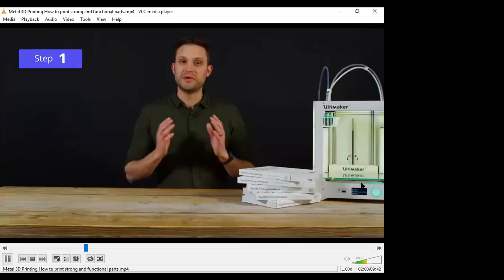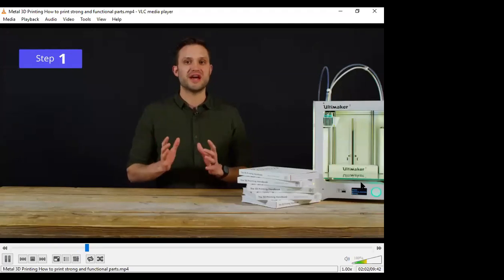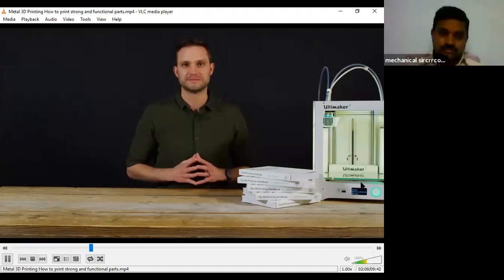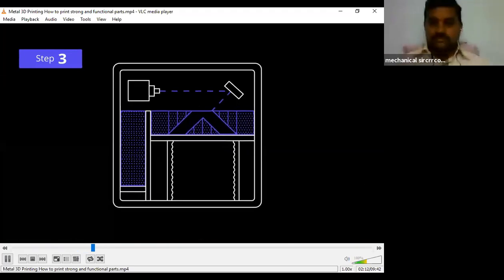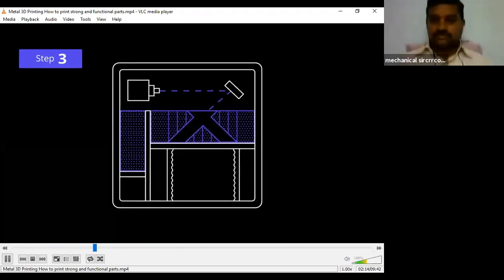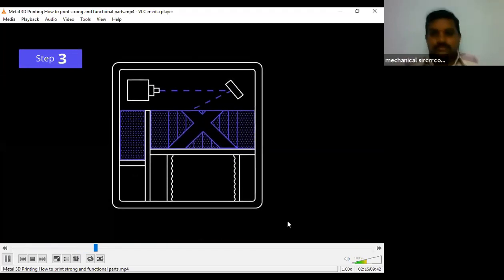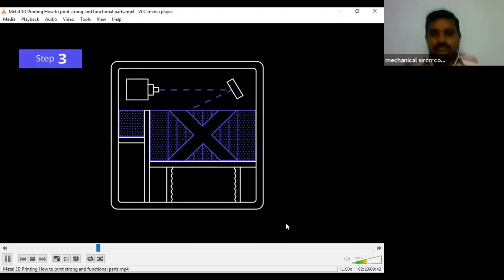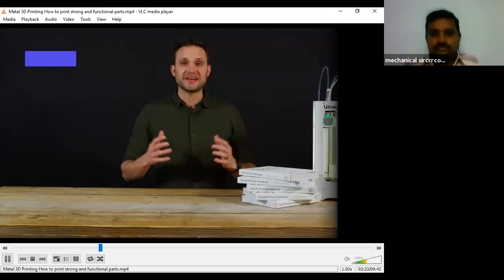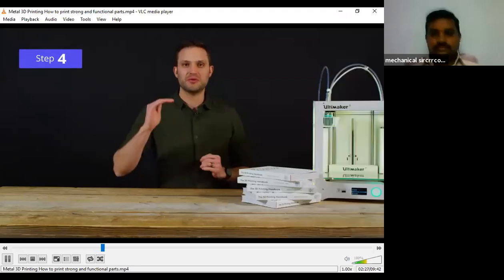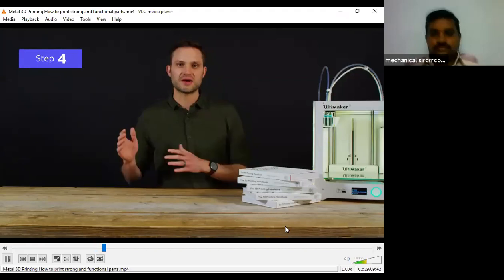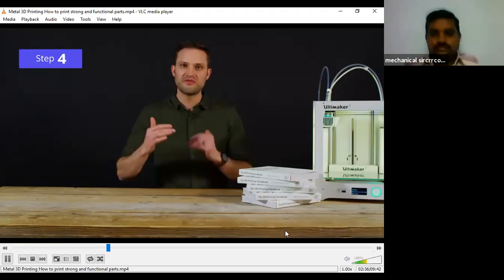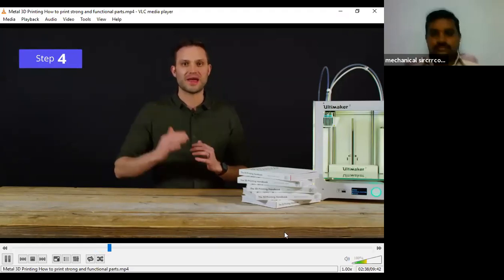So what are the key steps that a metal printer follows to produce parts? Firstly, the build chamber is filled up with an inert gas. After this, the build chamber and the powder are preheated to an optimal printing temperature. A thin layer of metal powder is then spread over the build platform, and a high-power laser scans the cross-section of the component, melting or fusing metal particles together and creating the first layer of the 3D printed part. Finally, when this is complete, the build platform moves down one layer height, and the recoating blade spreads a fresh layer of powder over the previously printed layer. This process is repeated